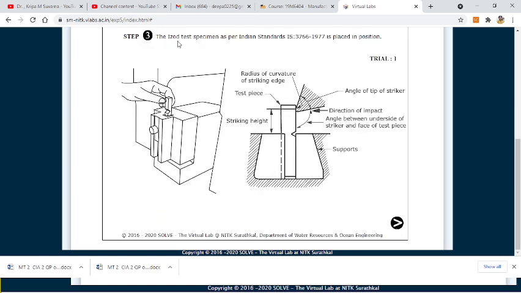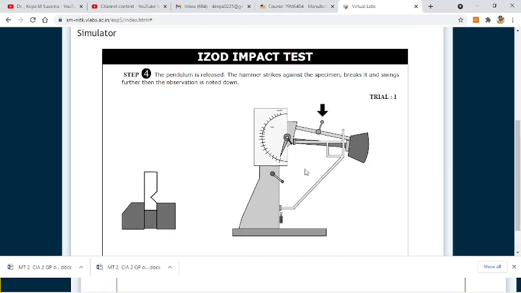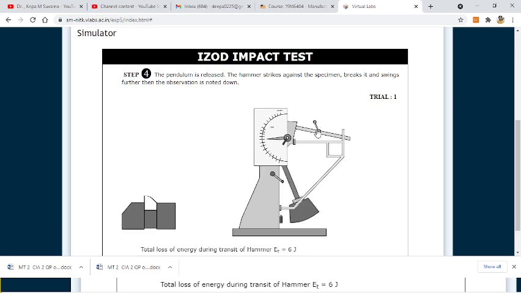So the step 3 is the Izod test specimen as per IS 3766-1977 is placed in position. So this is our trial 1. So the next step is the hammer strikes against the specimen, breaks it and swings further. Then the observation is noted. So we click here. So the hammer strikes against the specimen,